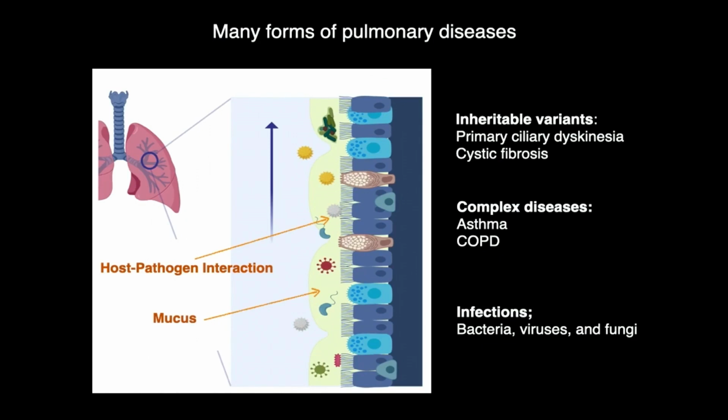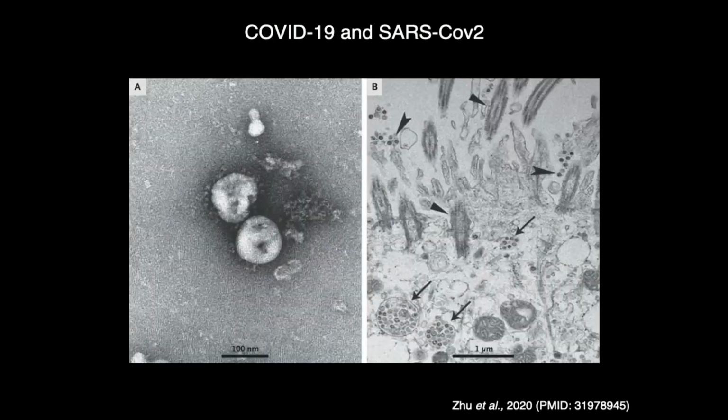ones caused by genetic mutations, such as primary ciliary dyskinesia or cystic fibrosis. They're caused by complex immune environment interactions, such as asthma and COPD, and also by infections of bacteria, virus, and fungi. For example, SARS-CoV-2, the virus that caused COVID-19, would primarily target these motile ciliary cells before they invade the human